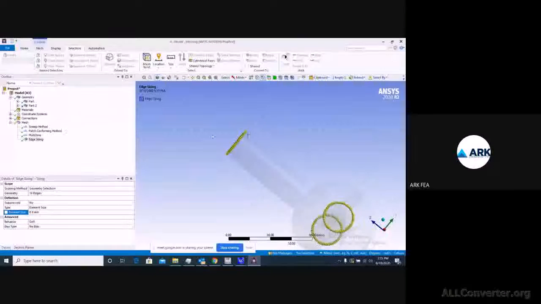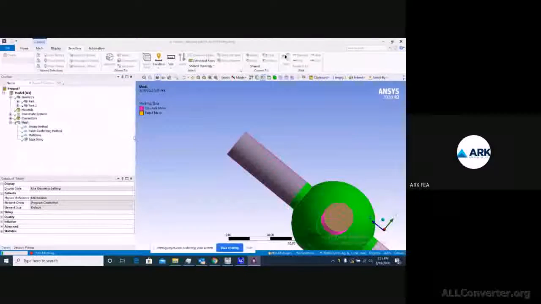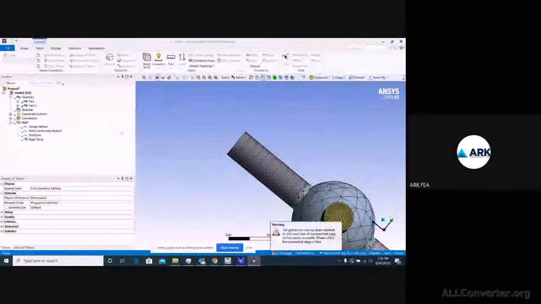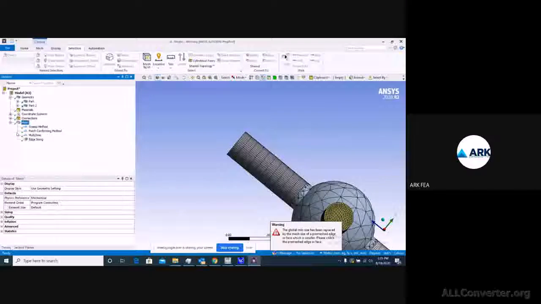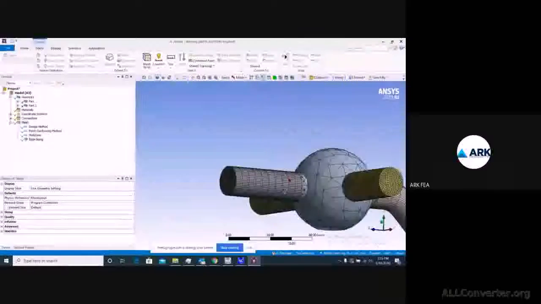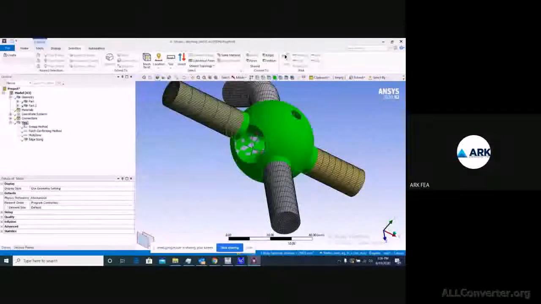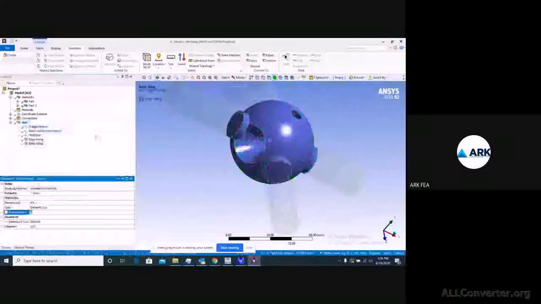Then you can also do one thing, like just generate mesh, and then later you can check. Right, so as you can see here, the mesh for this body is very big, like very big elements are being accommodated here.